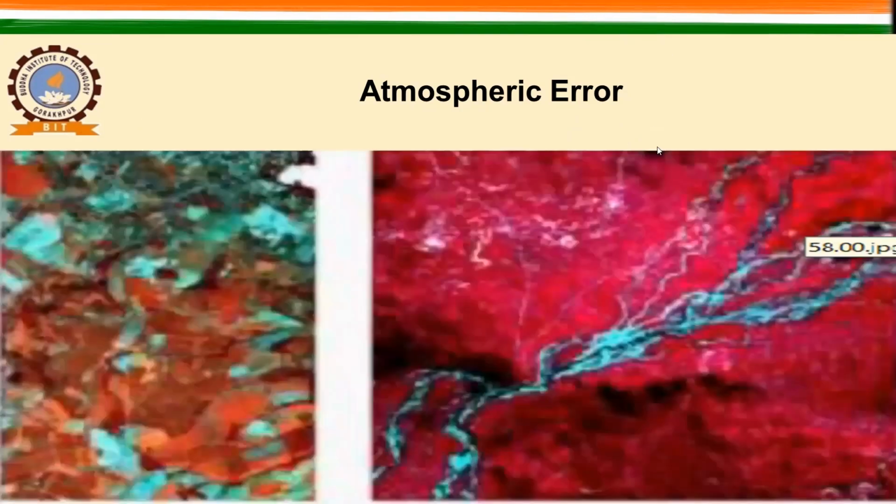So here you have one of the other examples. Here you have an image with again atmospheric error, where when you remove them, it will look like this. So I have a few more examples like this. This is another example. This is another example. This is why I have put all the images, so that you will have a feeling of what kind of error you get because of the atmosphere, and how the images appear after we remove the atmosphere.